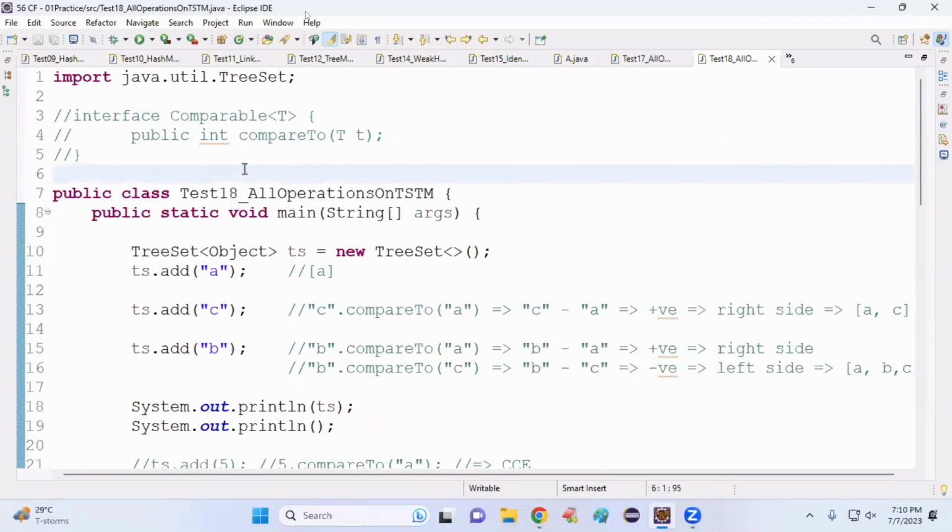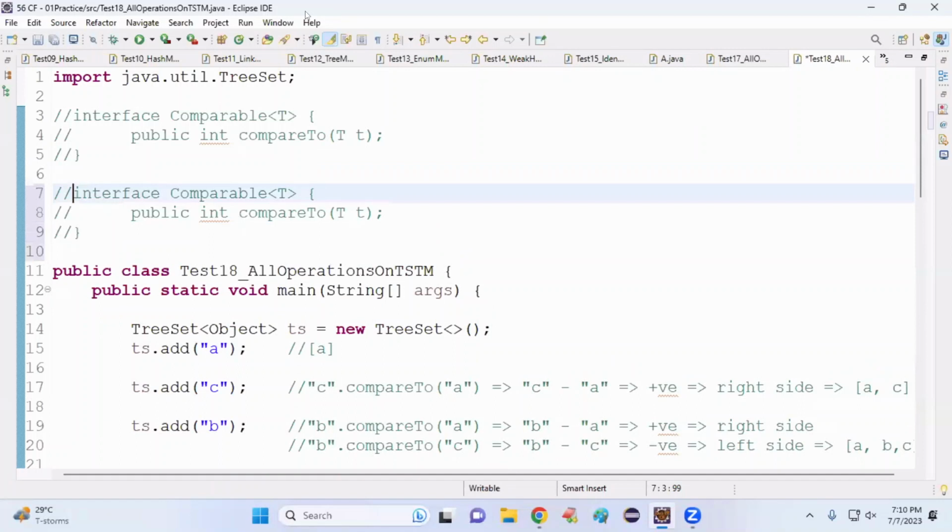Comparable is for supplying the sorting order. Now another interface is Comparator. Comparator of T. It is also written in int only, but what is the method name? Compare. Compare of